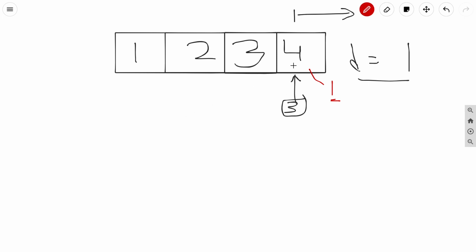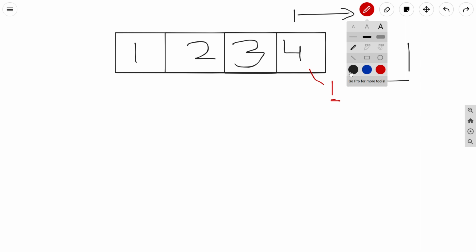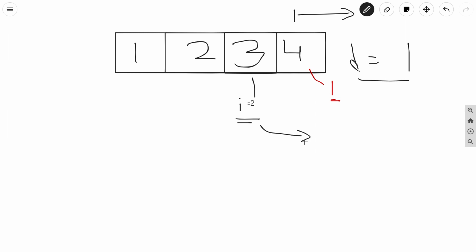When we are on index 2, so let us say we are on index 2, so this is our index i equal to 2. Basically, we will do the same thing. We will find whether there is any element which is nothing but 3 plus d. You can see that d is 1 in this case, so 3 plus d will be nothing but 4. You can see that yes, there is 4 and it is on this position.